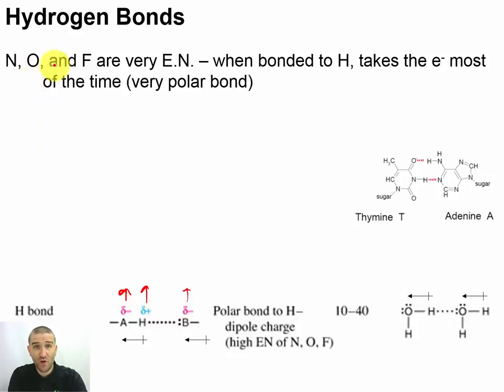As long as they're both from this subset, and this is critical, as long as the hydrogen is bonded directly to it. If you have something where there's like an oxygen bonded to a carbon, and then you've got the hydrogen, make that a double bond, that would not be capable of doing a hydrogen bond by itself. Now, if you had something on the other side where it was a water molecule, perhaps,